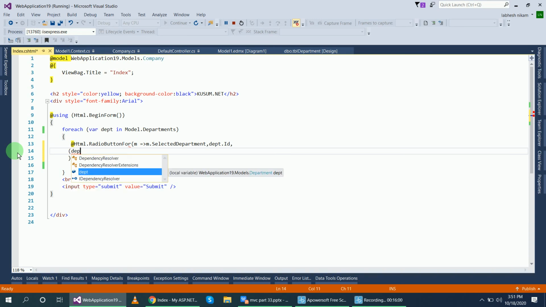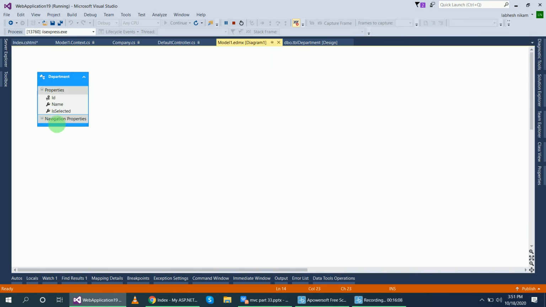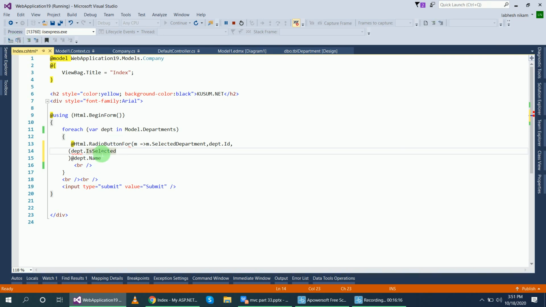Okay, object department dot IsSelected. Why this third property? Because here you can see in this diagram, this is the IsSelected property, and the type of this IsSelected property is bit. Okay, so department object dot IsSelected dot HasValue.